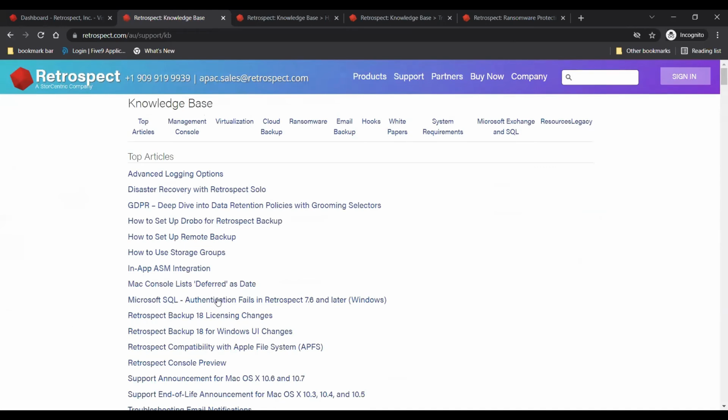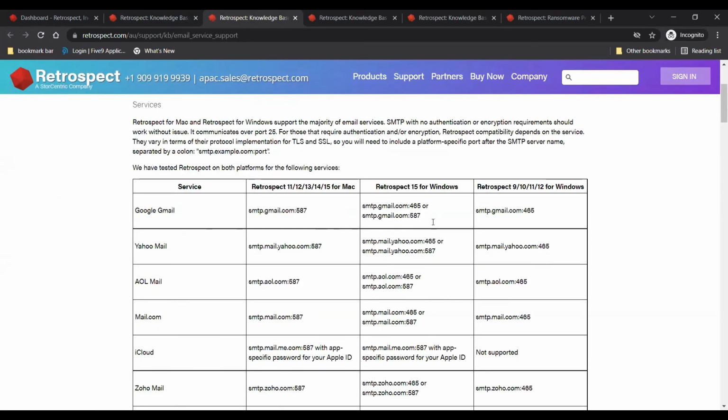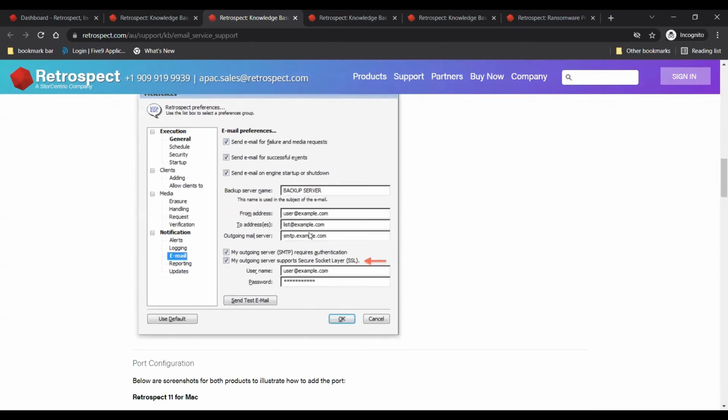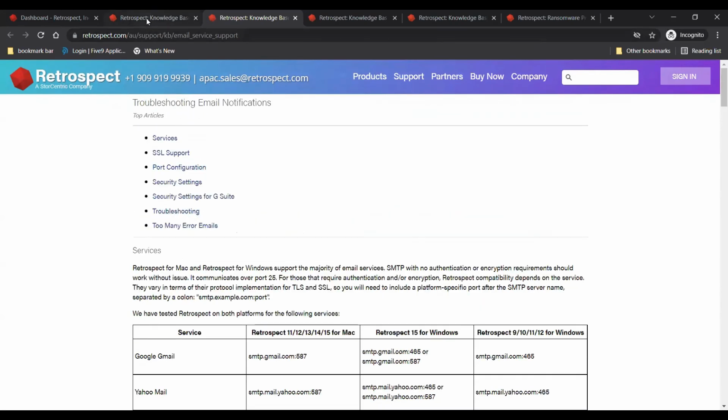And so for the email alert troubleshooting, you have the article here on how you set up your email alert settings and what settings you need to specify there based on your email service provider. This is the same page that we saw. Everything is explained in great detail.